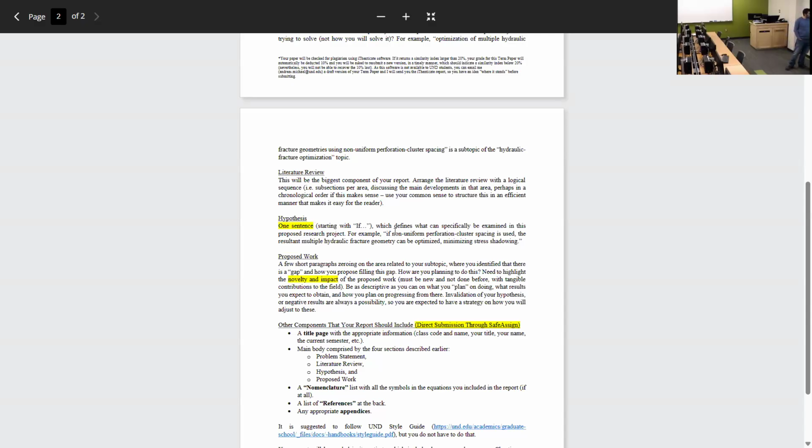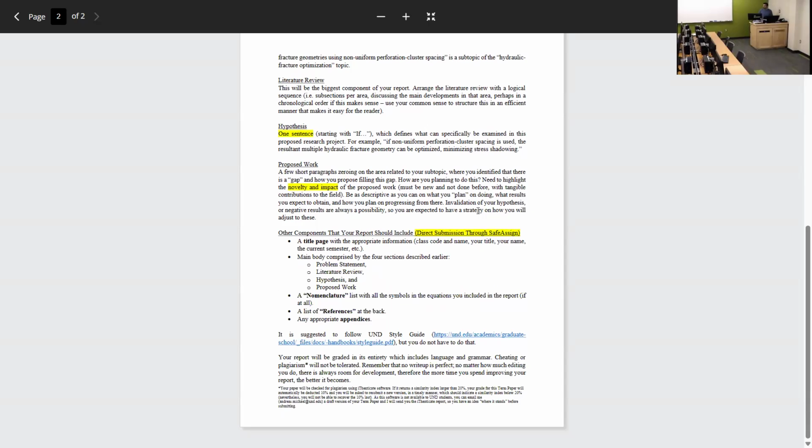A nomenclature list with the symbols in the equations you included in the report, if you did include any equations. A list of references at the back and any appropriate appendices. You are suggested to follow the UND style guide, but you do not have to. I'm not trying to force you into a certain template. That's why I'm not giving a real template. I just want you to know